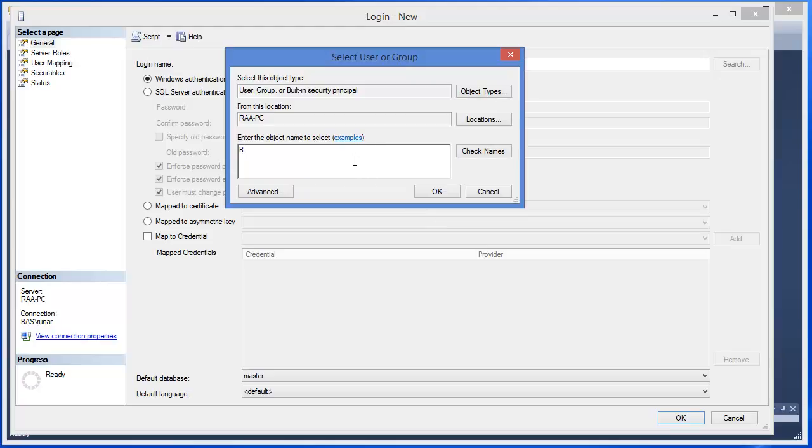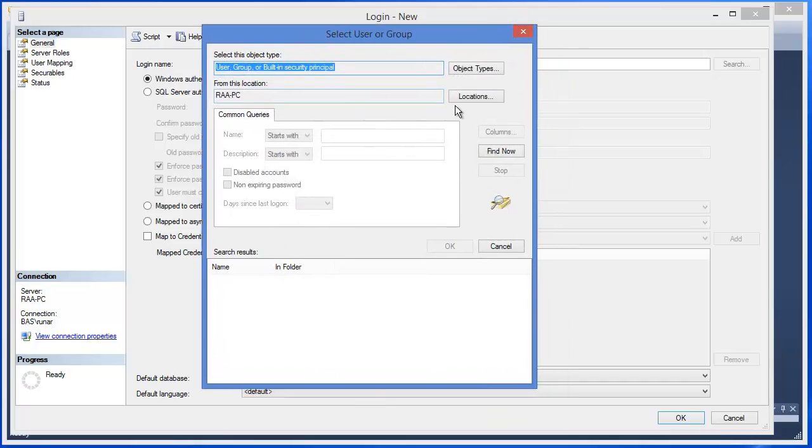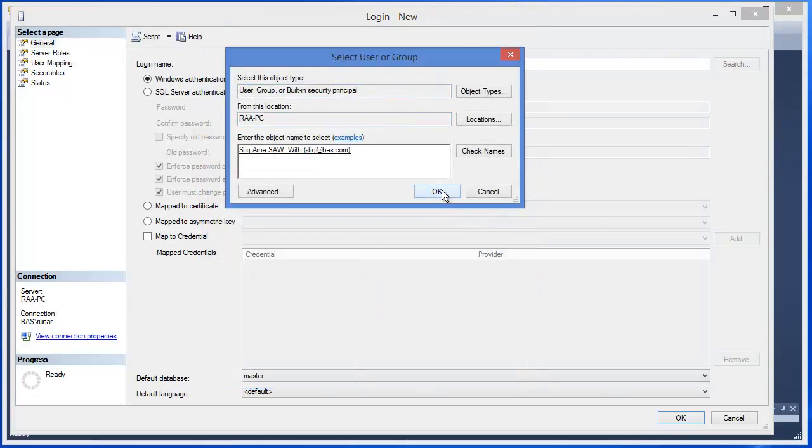this user Stig is part of the BAS domain. So we type in BAS/Stig and then click check names to see if this user is found. And we can see that now this user information was transformed here, so this user was found. If the user is not found, you may click the Advanced button, which allows you to select object types, locations, and use the Find Now button to search for names in order to find a specific user or group. When you found your user here, you click OK,